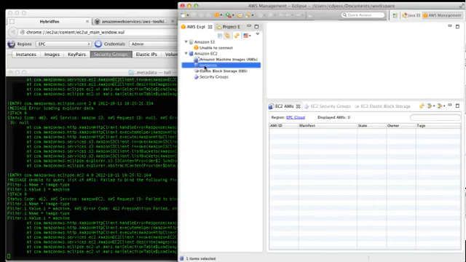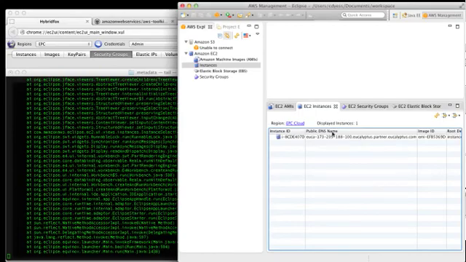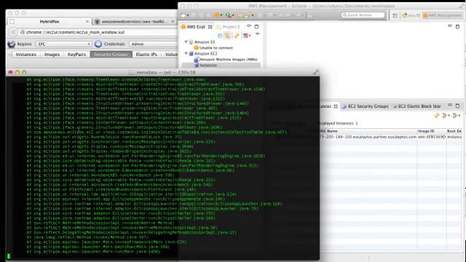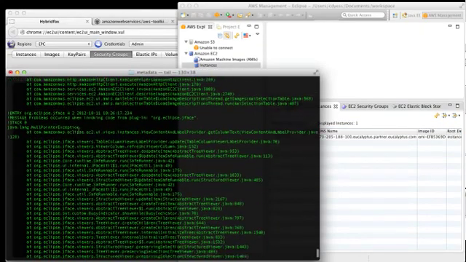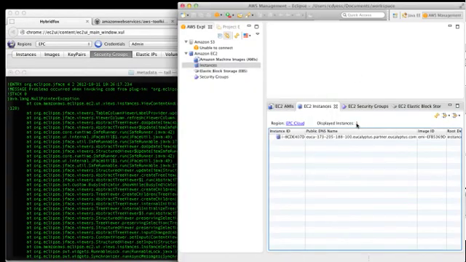And then instances, which is partially functioning. I mean, I can see the list of running instances, but you can see we get this NPE anytime this Eclipse plugin goes to get the list of running instances. So it seems like we're pretty close, and it'd be killer if we could get this AWS plugin for Eclipse